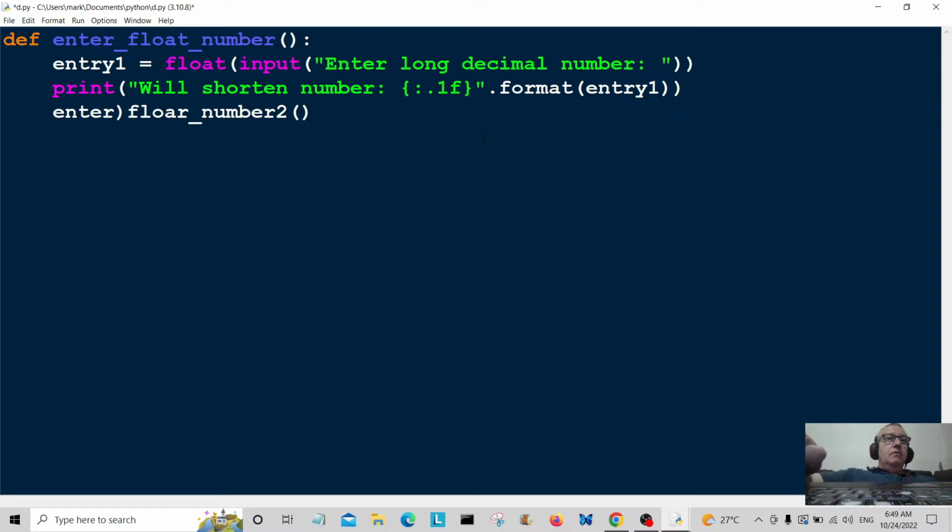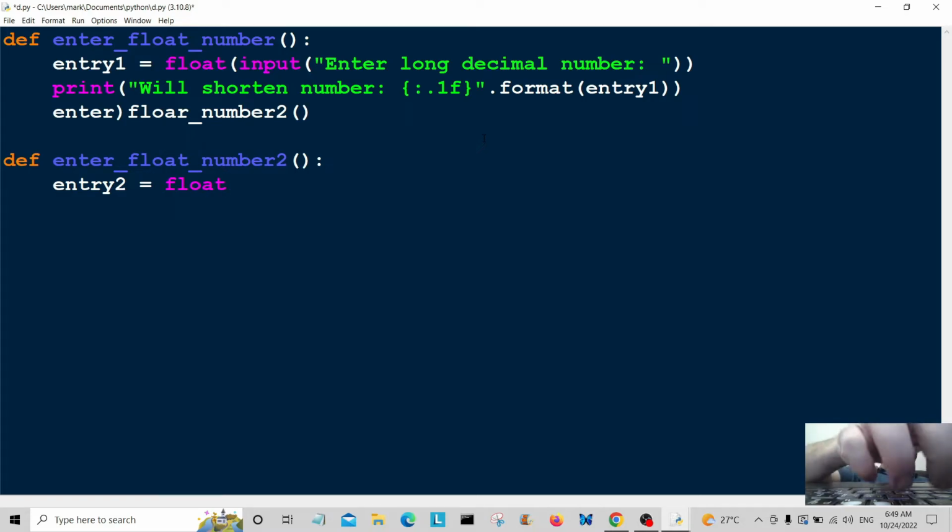Okay, so we're going to create this function just below here, and again that's going to be called enter float number 2. Enter float number 2. So I'm going to call this entry 2, again is equal to float,